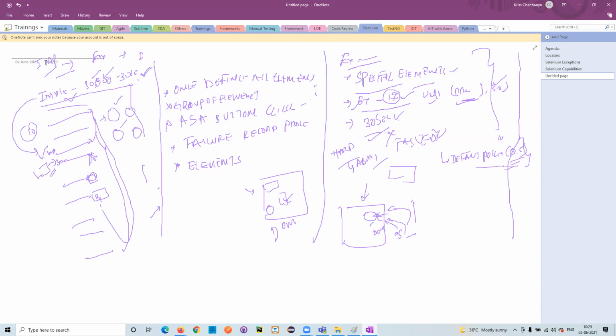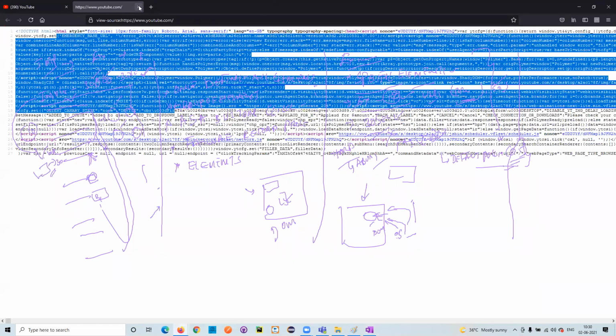See guys, it's all up to you. You have a needle and you have a knife. When you want to cut a mango, you will use the knife, not the needle. And when you want to stitch a particular cloth, you will not use the knife, you will use the needle. You have both, with sharp edges, but still you should know where to use what. The same way, if you understand that clearly, then you can do the right implementation of implicit wait and explicit wait. So hope you got the example. In which situations I need to use the implicit wait and in which situations I need to use the explicit wait, right?